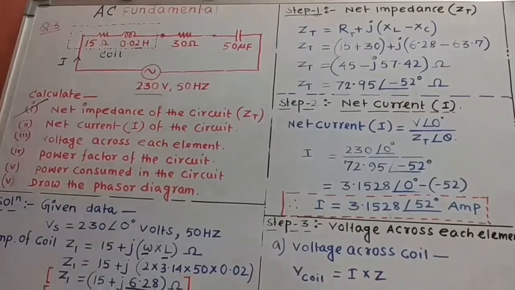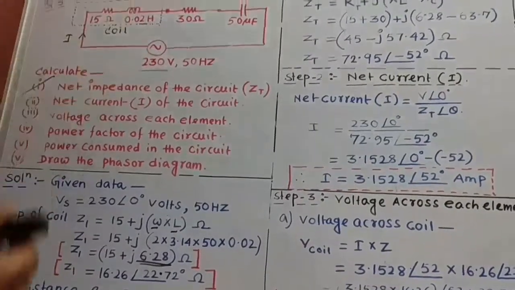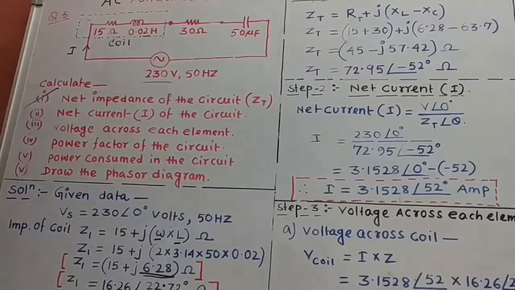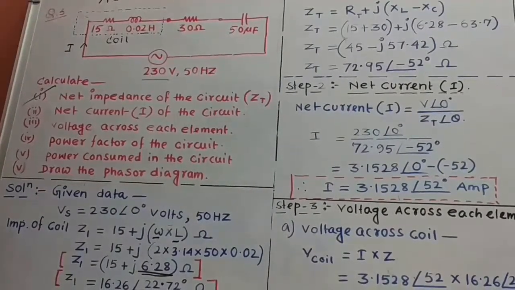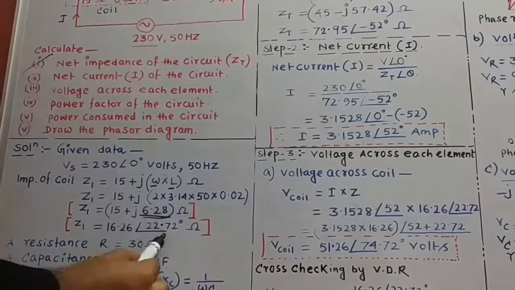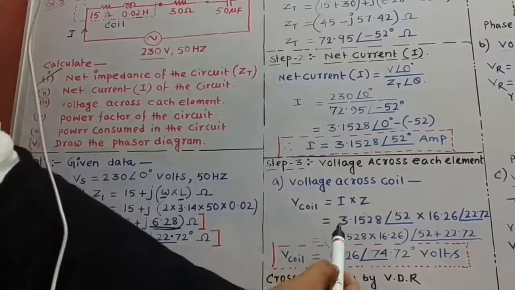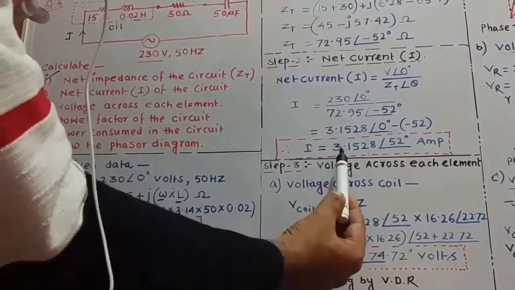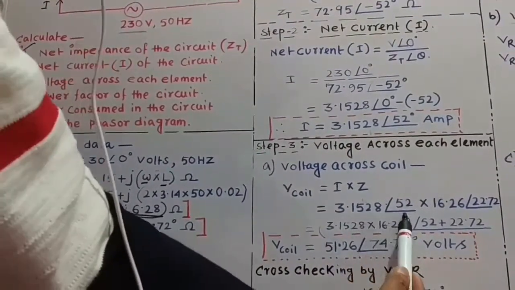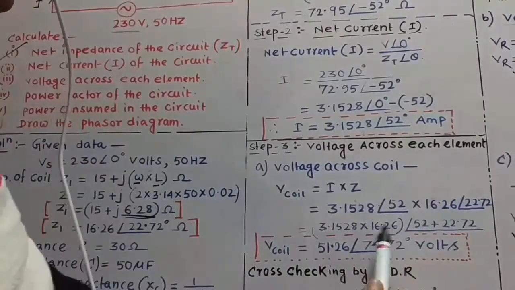Now step number 3, voltage across each element. So first element is our coil. So what is the voltage across the coil? So V coil is equal to I passing through the coil into impedance of the coil only. So this is the impedance of the coil Z1, multiply current with this element. Here current value we already calculated, here it is 3.1528 angle 52, and this is your impedance of the coil. So if we multiply, we will get